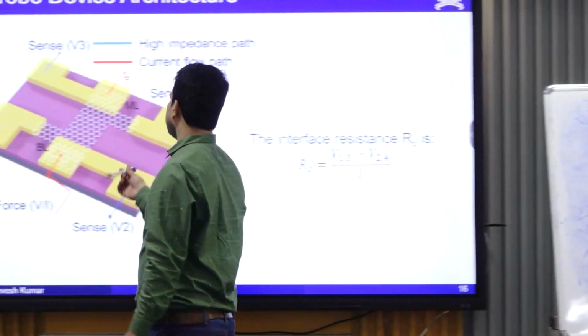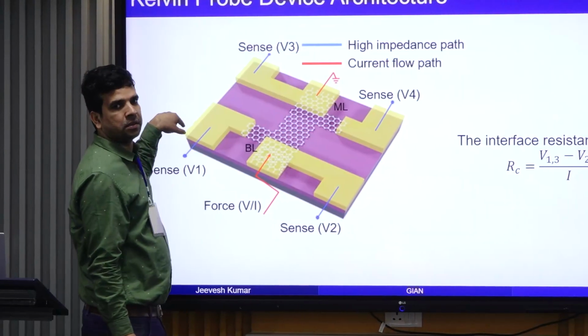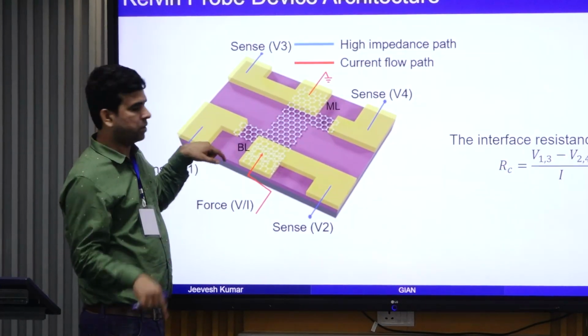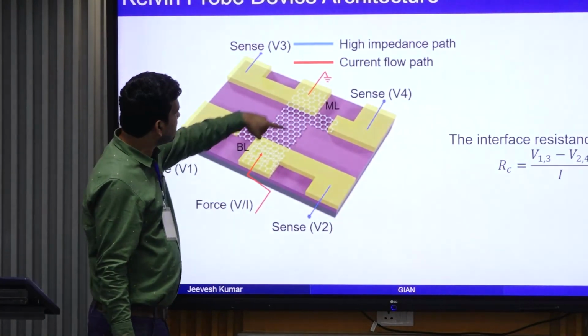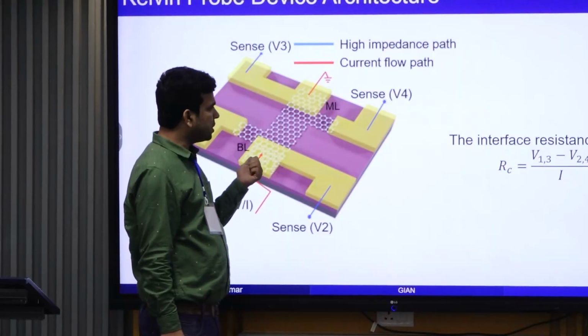Current is not coming in this direction or this direction, because I have forced those to high impedance using an SMU. I am not allowing any current to go that way. So the current flow path is this way. If I can know the voltage of these two points,